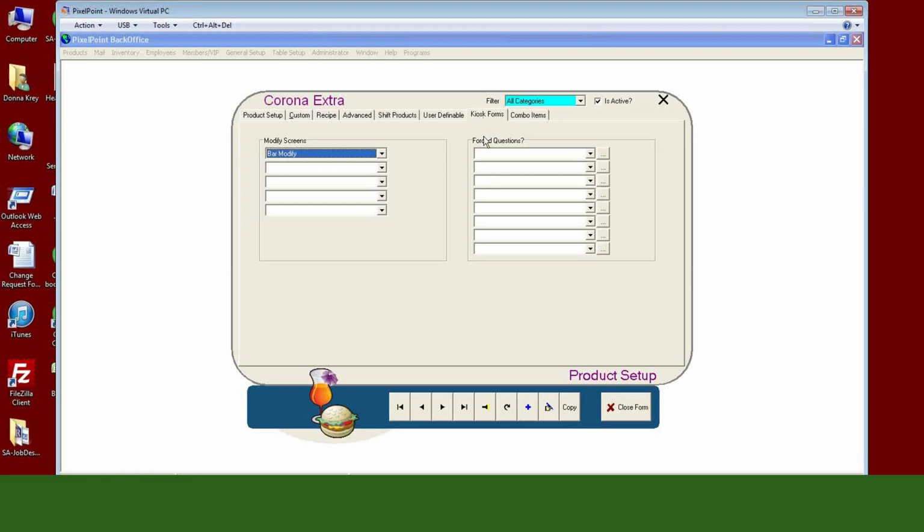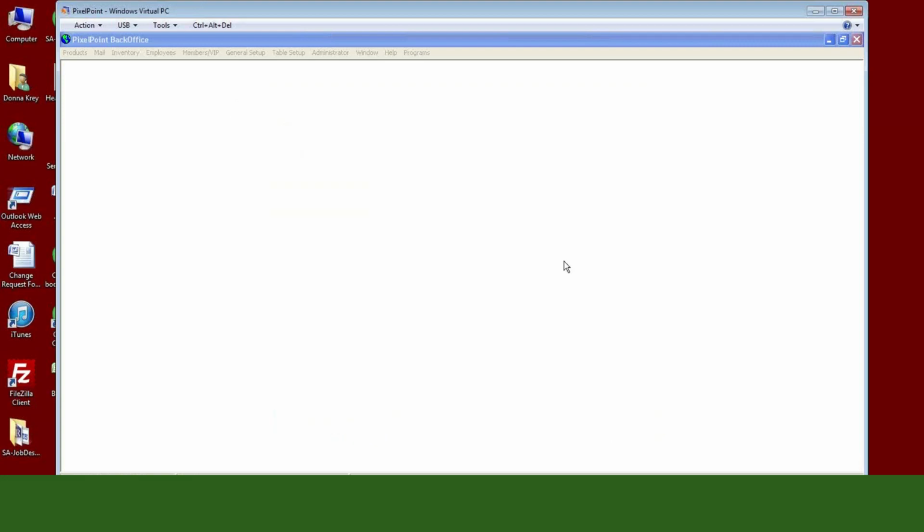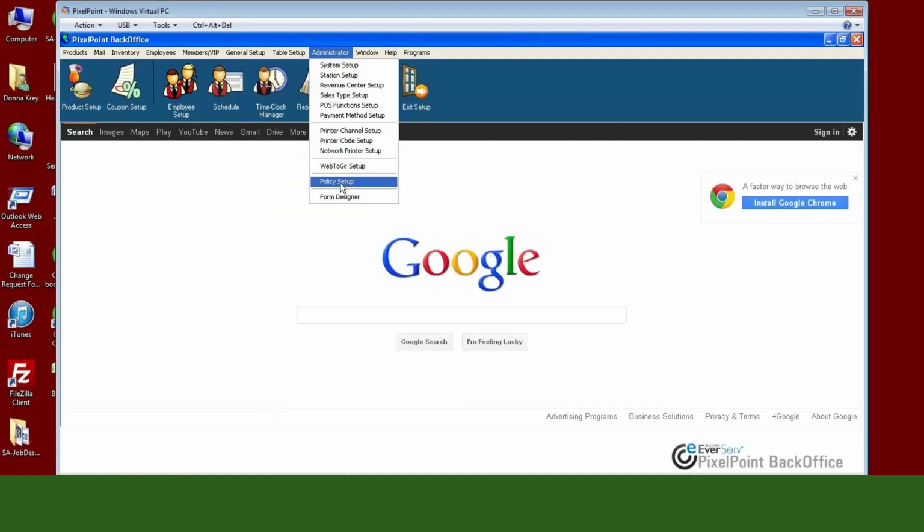So you would basically tell the system in policy setup, question forms, which question forms that station is going to use. And by station number, you would tell it which one you wanted them to use, and then you build the questions out accordingly. So again, as opposed to just walking you through this, I'm going to go into